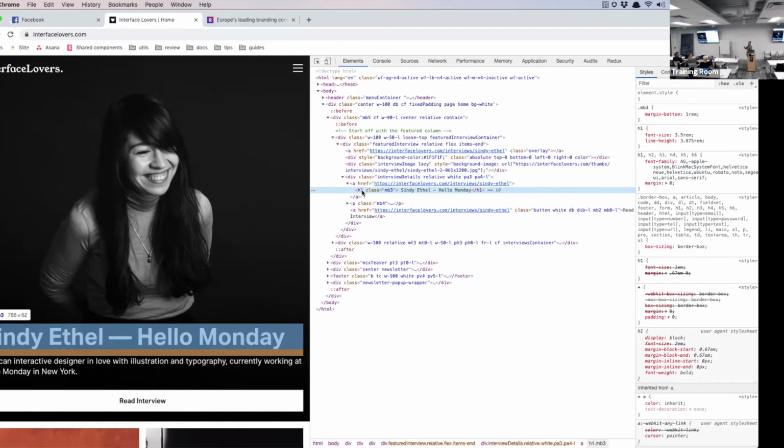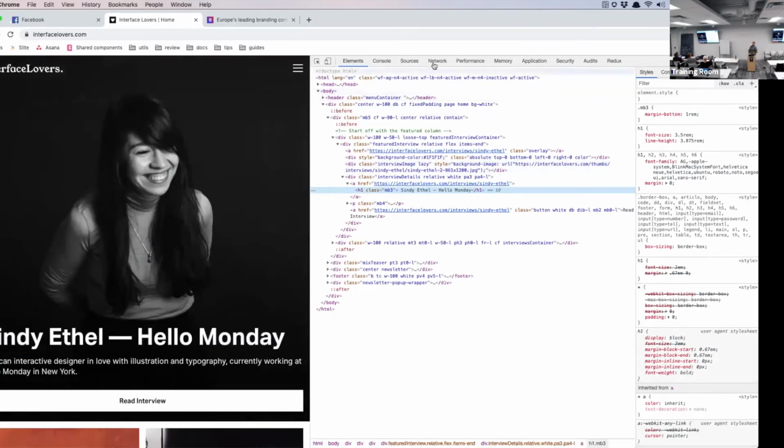But that container has to be positioned. It's got to be position relative, or whatever you need. But I would probably use a figure in this case for most of these images. So if you've got an article,